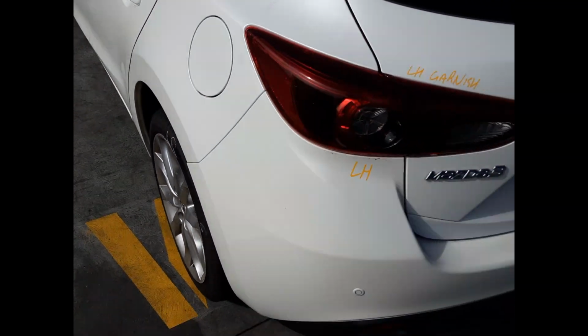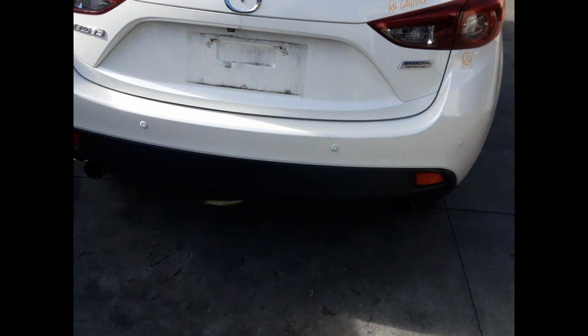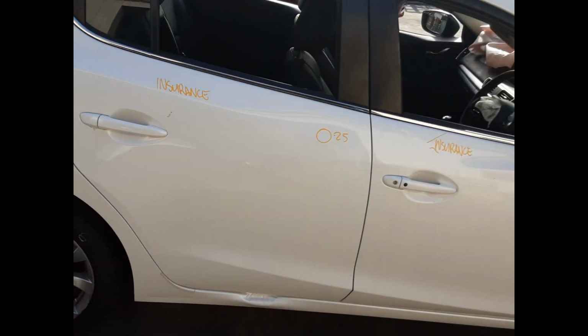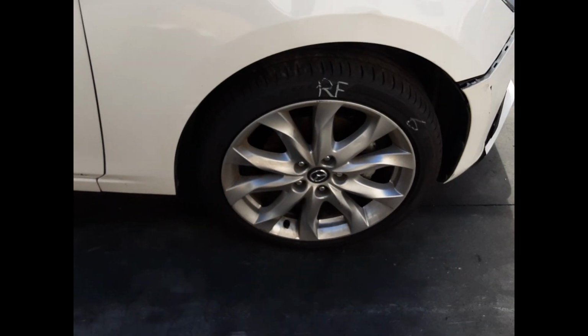We have the left hand tail light, left tailgate garnish, tailgate appears to have no damage, tidy rear bumper cover, right hand tailgate garnish, right hand tail light, right rear 18-inch factory alloy mag with a good tyre, right rear door has one small dent, right front door has no damage, right power door mirror has some scratches,